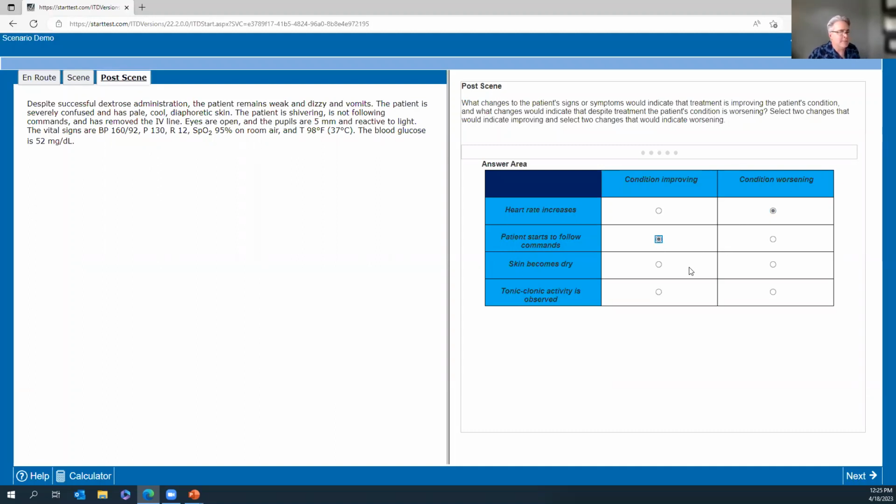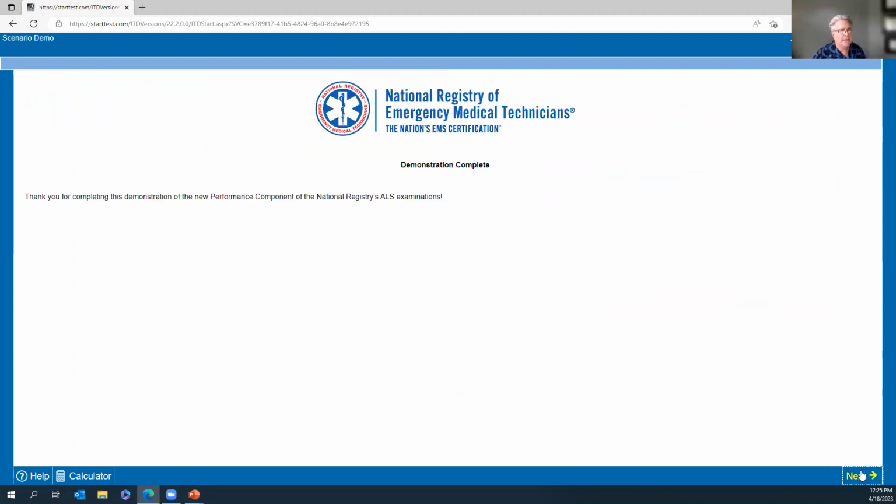If the skin became dry, if you remember it was diaphoretic and cool, that would be a good thing. And if the patient experiences a seizure, that would be a bad thing. And so I put the answer options in the right box. And when I'm done, I hit next. And that concludes the demonstration. But the key thing that we want to share here is that